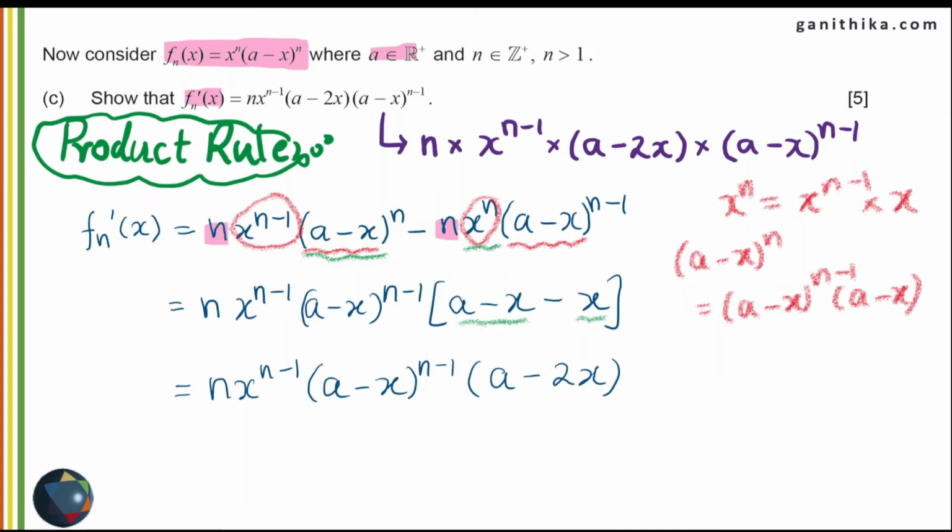So this is again pure algebra for 5 marks. It's not going to be difficult at all. So finding the derivative of this function is going to be very simple using the product rule. Simplifying the function is just a factorizing type of question. So you can easily factorize the derivative function and bring it to the answer that is required. So this again is not going to take much time. It might take a little less than 3 minutes. So you still have some extra time to be saved for the later questions. So this question actually can be completed within 25 minutes.